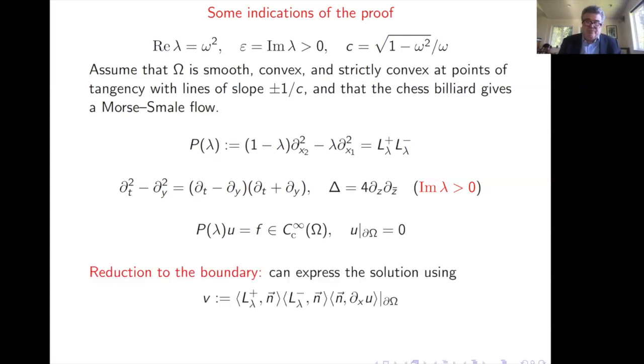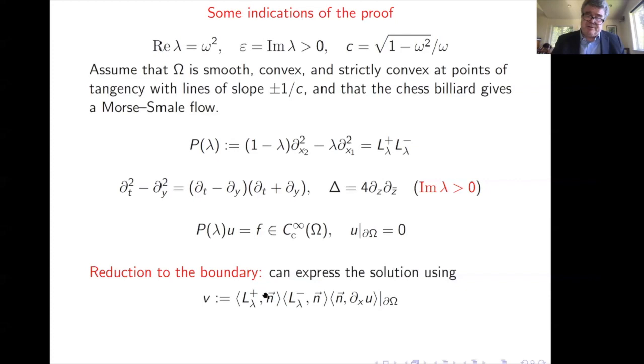And then we follow again the strategy which is well known, namely reduction to the boundary. The only thing about this now is the boundary. Normally in an elliptic boundary value problem with a zero boundary condition, the reduction to the boundary is an equation for the normal derivative of the function at the boundary.